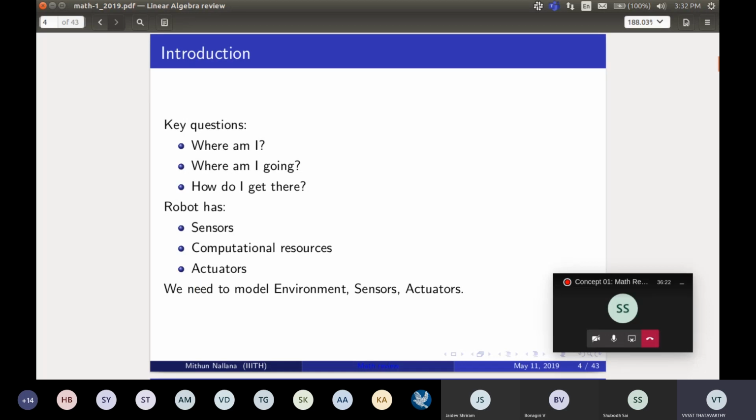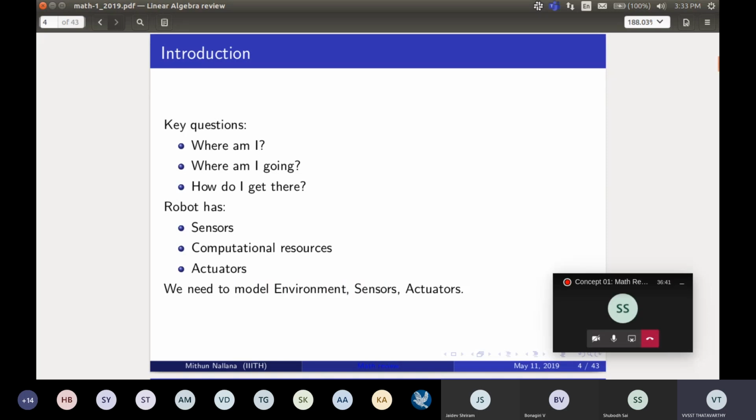So at the end of the day, we need to get the data, process it, and then act using the data. To do all of these, you need to model what kind of data you have, how to represent it, and how to process it. That is what we call modeling. You need to model the environment in which you are working.